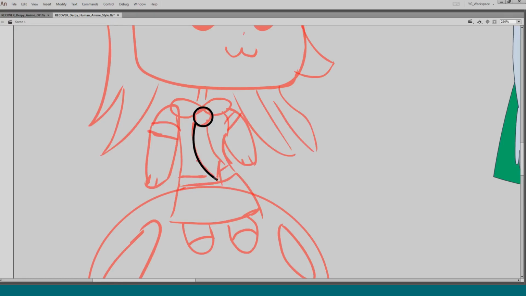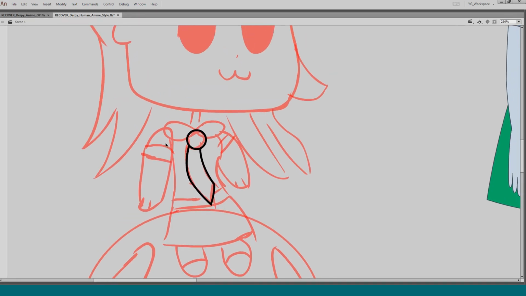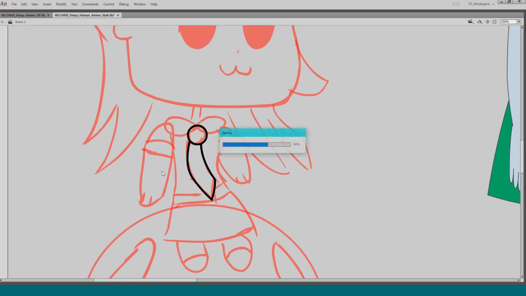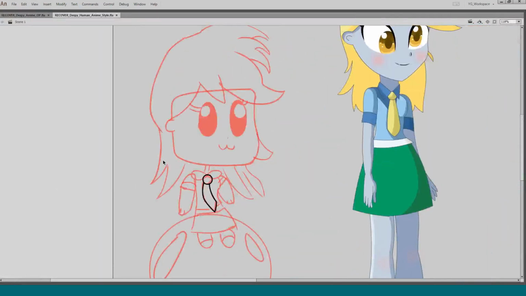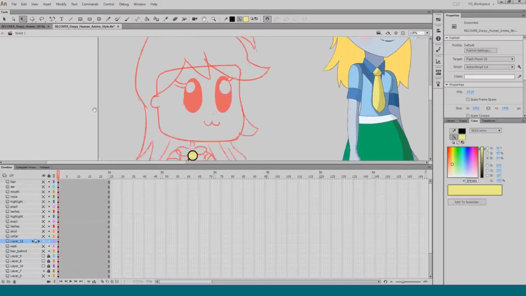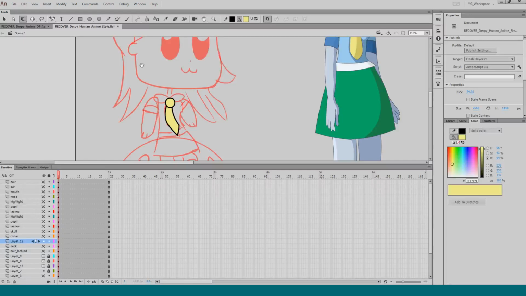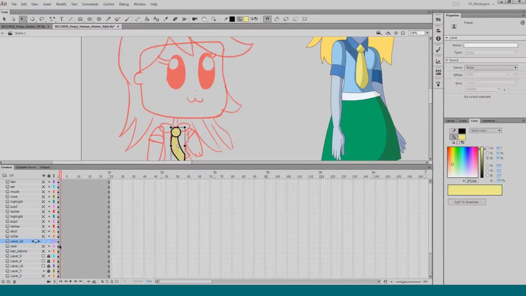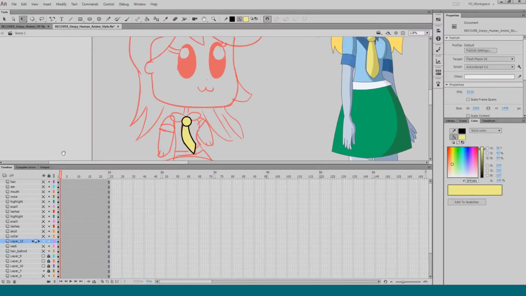I was thinking about maybe animating this tie, so I'm thinking about how to animate it. Maybe this will be blowing in the wind. So I'm trying to have each layer of these be different layers. Flash doesn't like when things are in the same layer. If I had the tie in the same layer as the head or skull or eyes, horizontally here, then Flash doesn't know what to do.